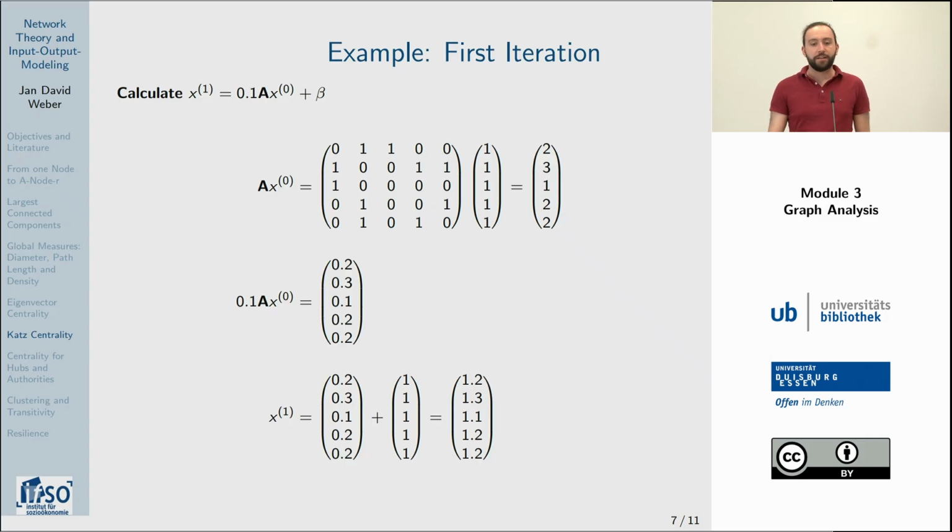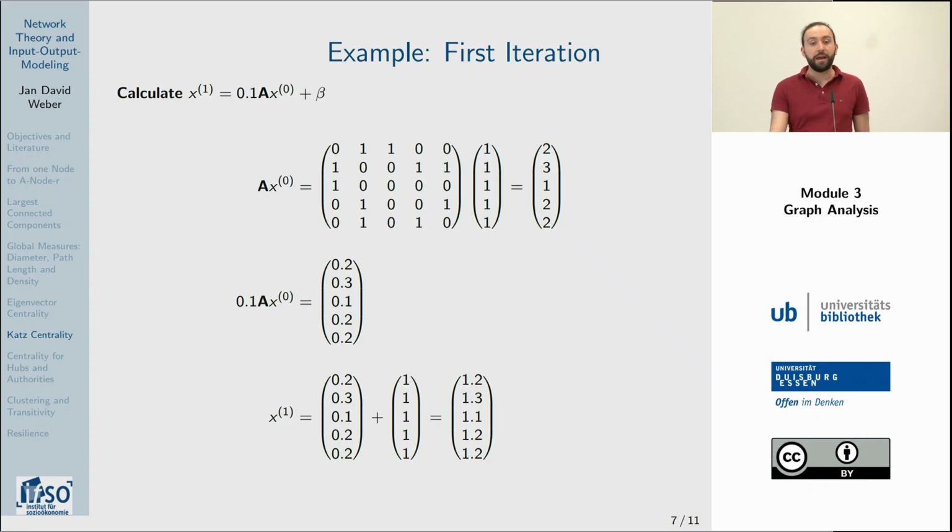And this vector we solve with the alpha times adjacency matrix times the initial starting vector. This is where we get this 0.2, 0.3, 0.1, 0.2, 0.2. And if we add the beta to that, we have our new x1